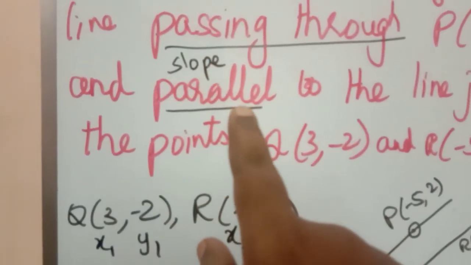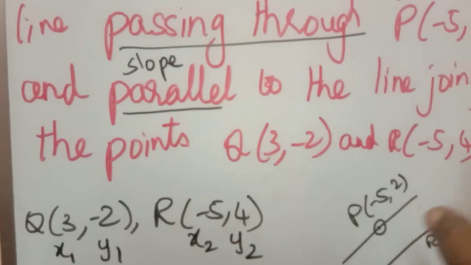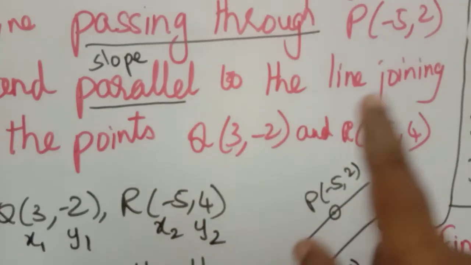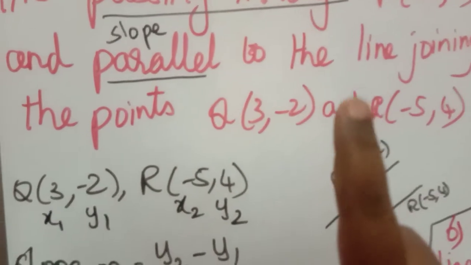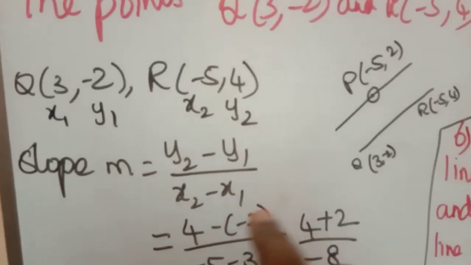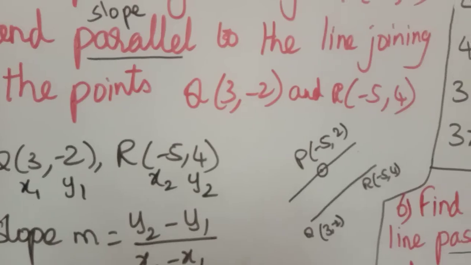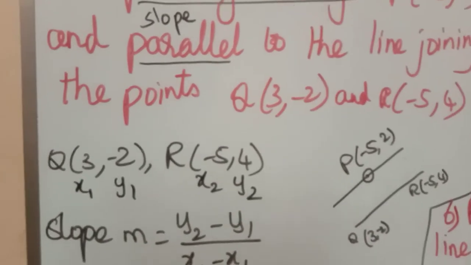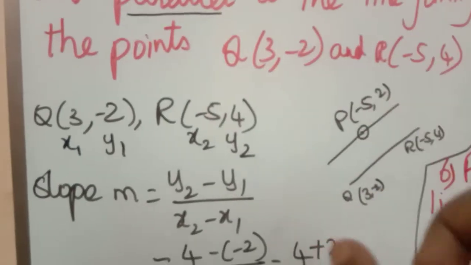At the same time, if parallel or perpendicular is given, immediately after that 2 points or one equation will be given. If 2 points are given, find the slope using (y2 minus y1) by (x2 minus x1). If an equation is given, find the slope using minus coefficient of x by coefficient of y. Anyhow, you have to find the slope using the given condition, either 2 points or one straight line.